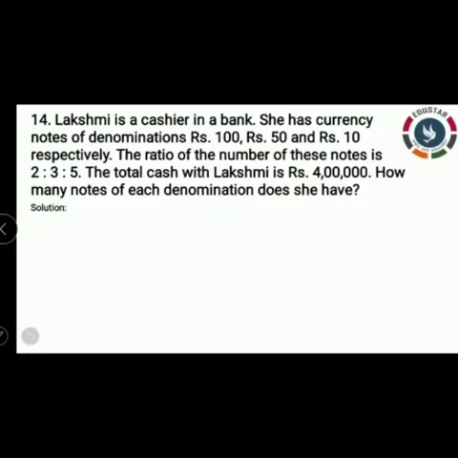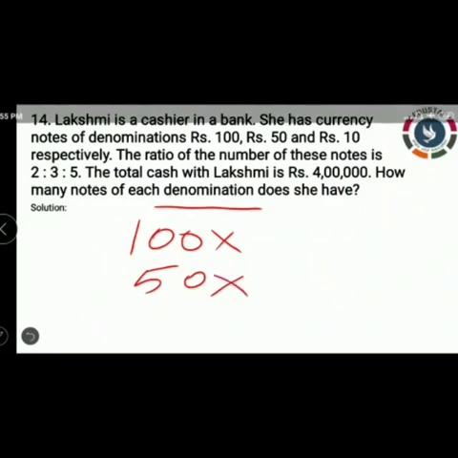Here, look at the word denomination. What is the meaning of denomination? It is the face value of a bank note. You have already seen a bank checkbook. In the bank checkbook, they give one tabular column. In the tabular column, 100 rupee, how many notes are there? 50 rupee, how many notes are there? 10 rupee, how many notes are there? In that place, you fill in, for example, 100 rupee, 10 notes are there.